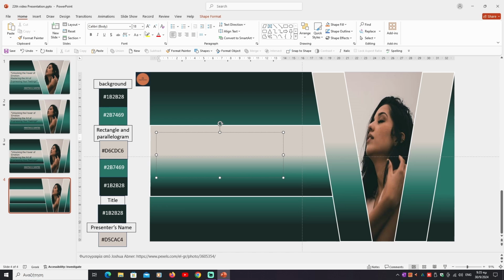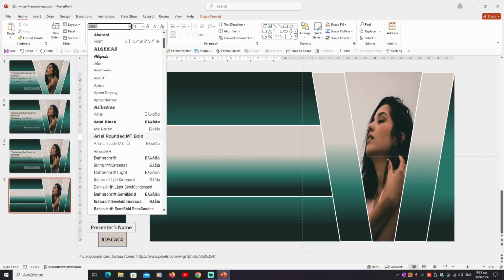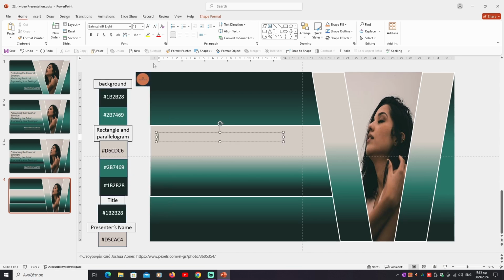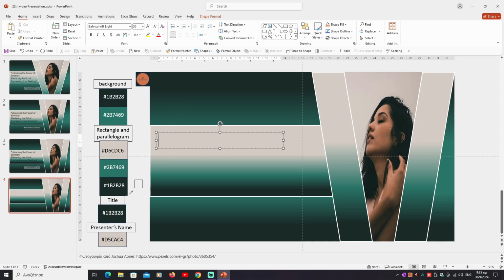We choose font Bahnschrift Light, size 36. Then we go to color, eyedropper, and we choose the color of the title from the left side outside of the design area, and we write our title, shift apostrophe,